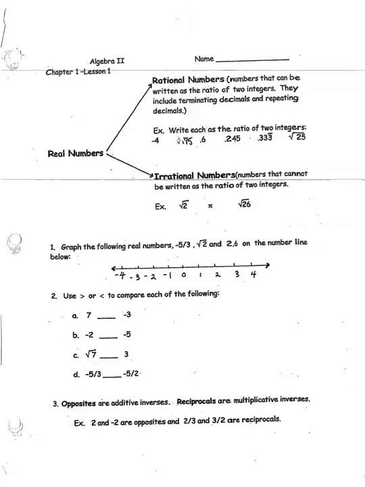Chapter 1, Lesson 1. Here we have the set of real numbers. The set of real numbers includes rational numbers and irrational numbers. Rational numbers are numbers that can be written as the ratio of two integers, and they include terminating decimals and repeating decimals. So for example, you could have a terminating decimal